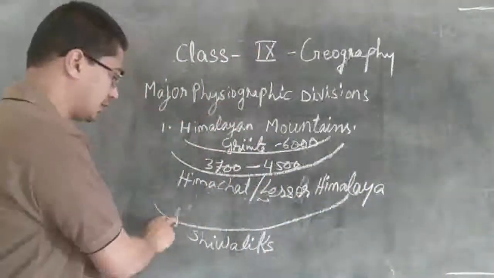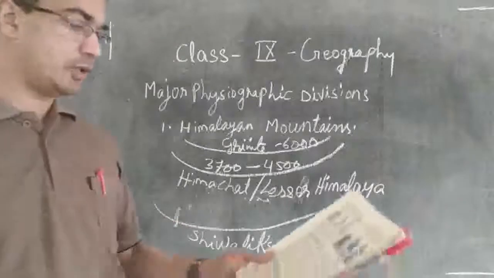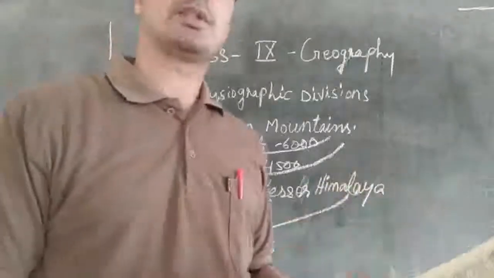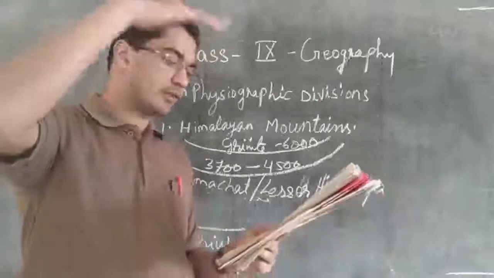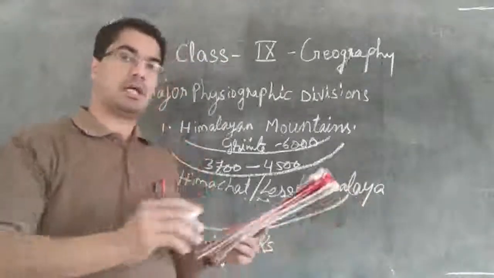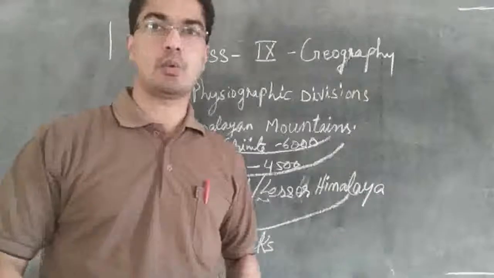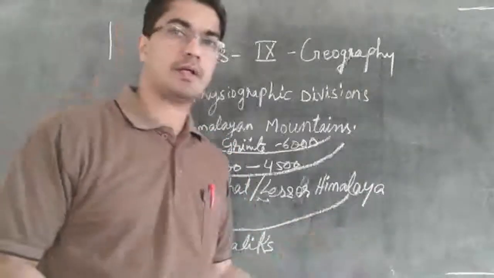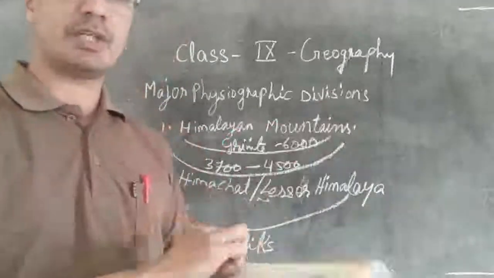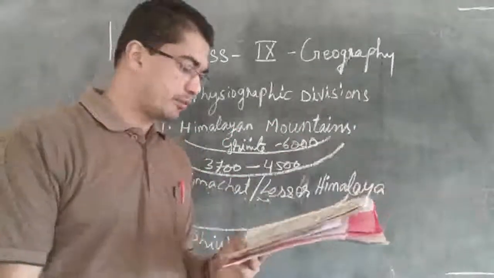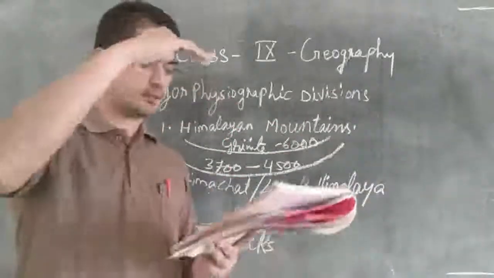So this range, it is maximum 50 kilometers. Some places only 10 kilometers. And the height, altitude, some places it is 900 and some places it is 1100. So there is a height difference. It is not the same everywhere. So maximum height will be